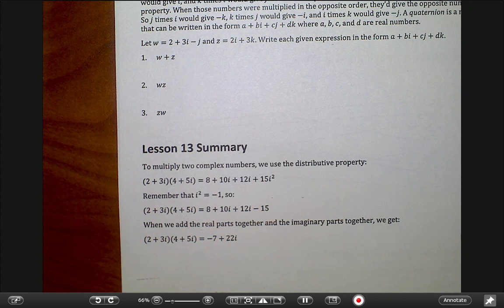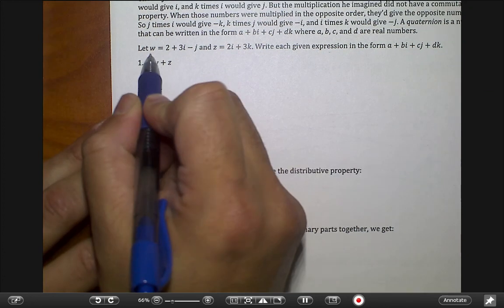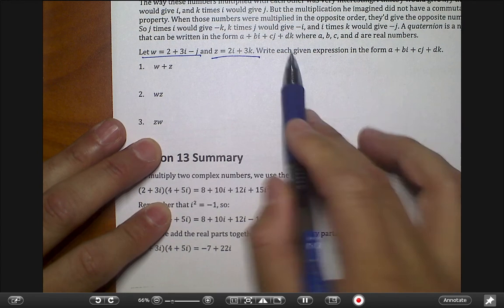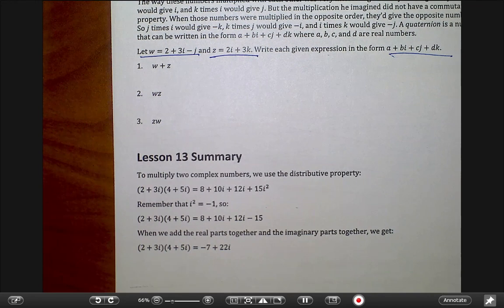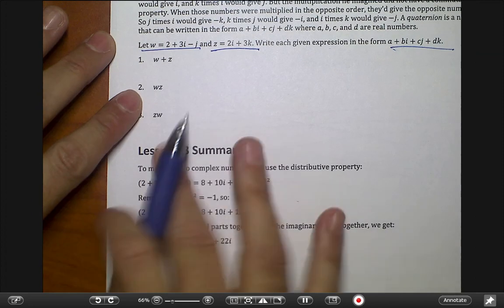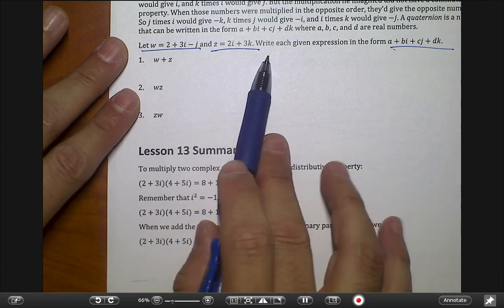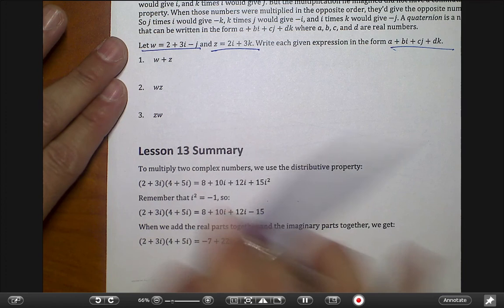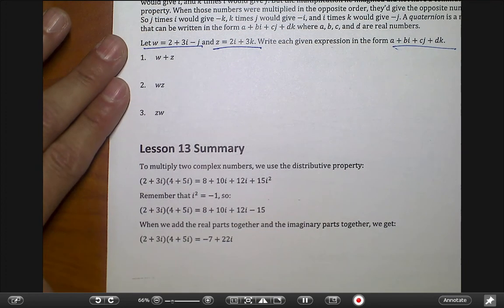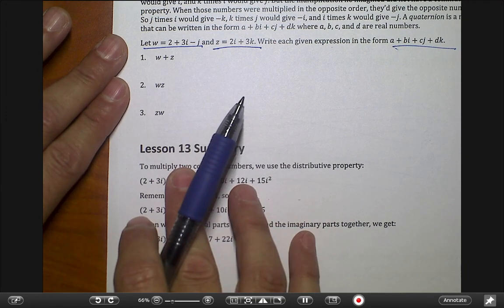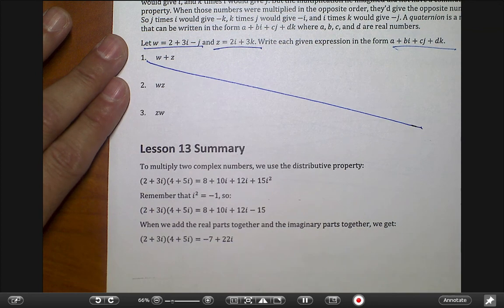Okay? And it says right here, write the expression in this form. Now, we're really not going to do this because all it is asking is for you to combine like terms. Okay? We're not going to do three-dimensional vectors in here. I just wanted you guys to see that there is a thing that actually does go along with this, and if you take physics, you might actually get to it, but right now we're not doing that. So we're going to skip that. So, anyway,